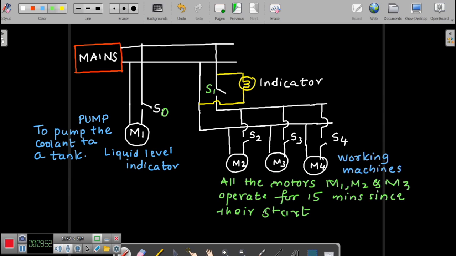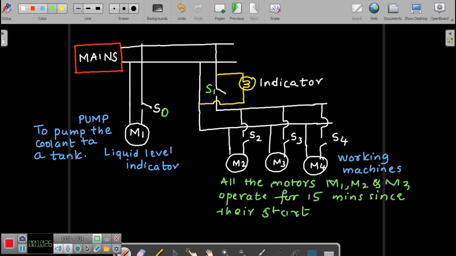Followed by that, you will turn on the switch S1, and an indicator would glow there. Of course, this particular diagram doesn't properly represent that. So let us assume that when S1 is turned on in this diagram, your indicator will glow here. So once the indicator starts glowing, upon turning on of S2, S3 and S4,